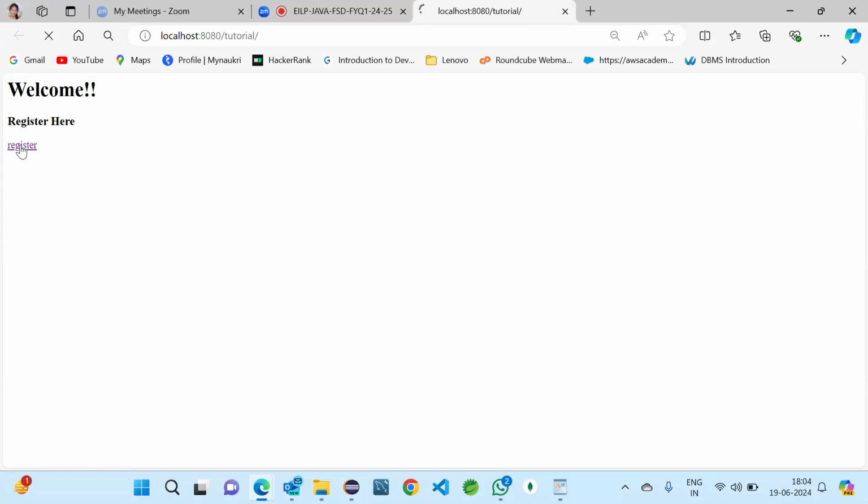Register here and then we go to register. Yeah, now can you see register here, which we have written in the path of register.